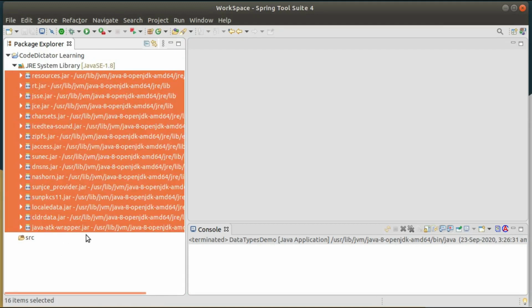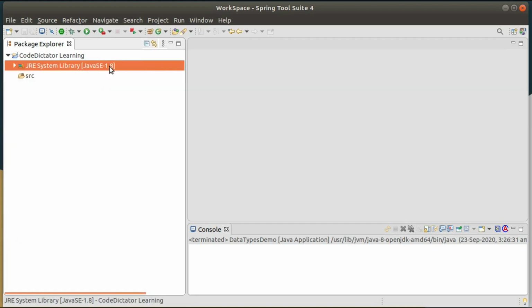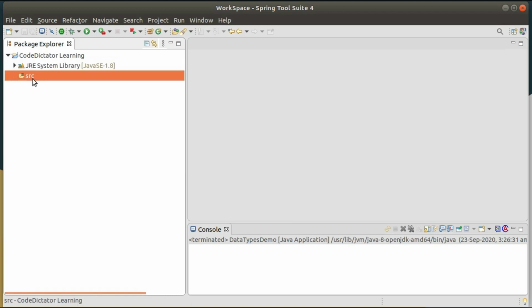In the last session we learned about JDK, JRE and JVM. The JRE contains all your supporting libraries and jars, which are physically present in your system. This is the JRE system library. The source folder contains all your code inside it.